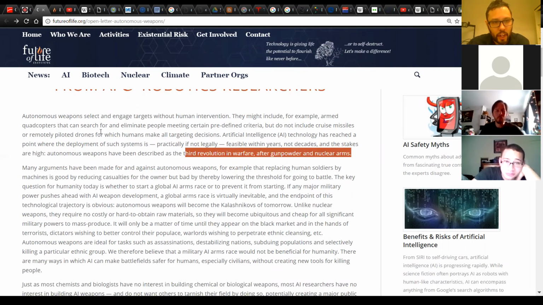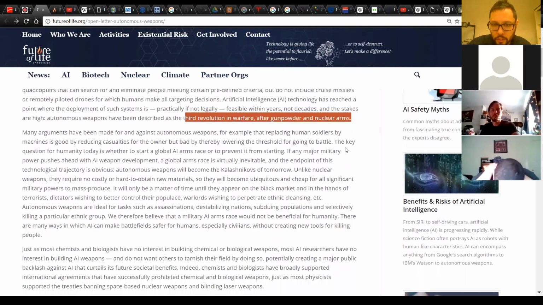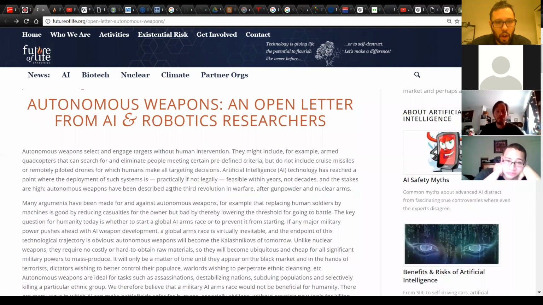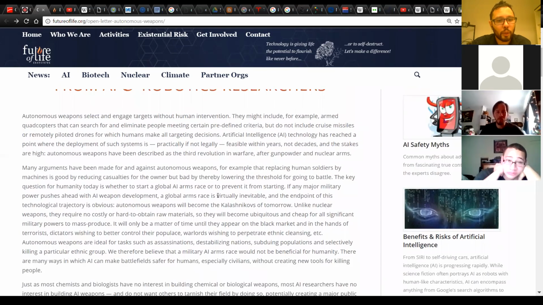And the idea is that it opens up a new kind of arms race, and this is the worry that these researchers have: a new arms race for escalating threat. Just like we had with nuclear weapons, right, where through the Cold War we started with nuclear weapons, got to the point where it was a legitimate threat to our continuation as a species, and we don't want to start that again. Right? So these AI researchers are arguing that having another global arms race over autonomous weapons will be